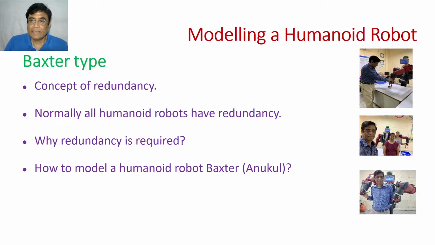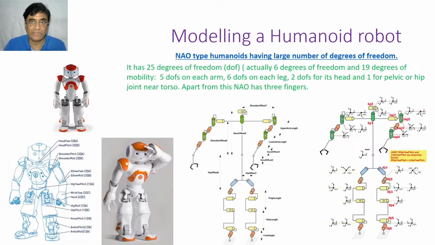So for industrial robot modeling, by this time you also know, at least to the extent of detailed forward kinematics solution, the Baxter type of cobot as well as humanoid robot. Now in this video lecture I will introduce you to another humanoid robot. It's not a cobot, it's a humanoid robot, called NAO,